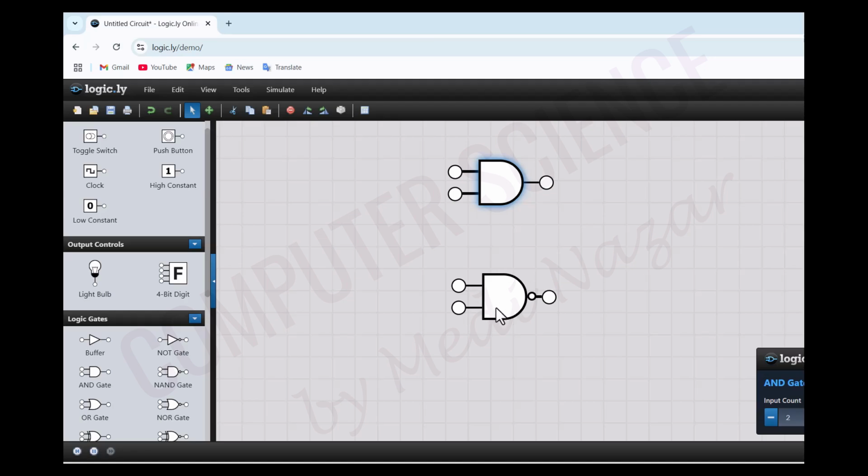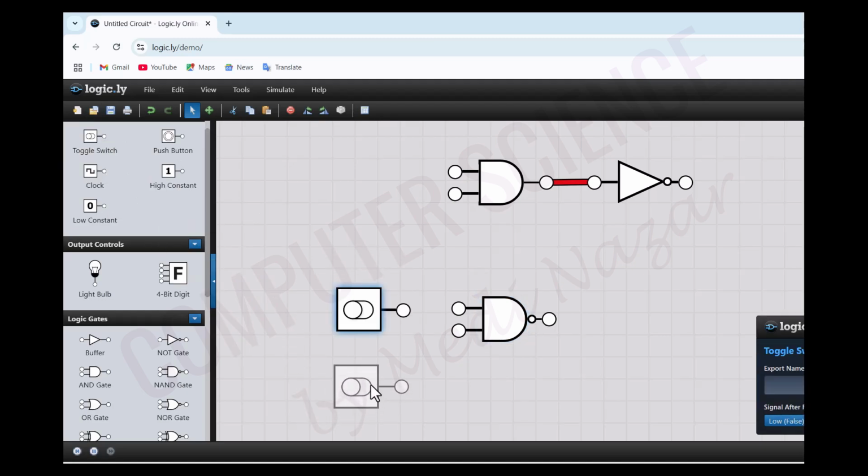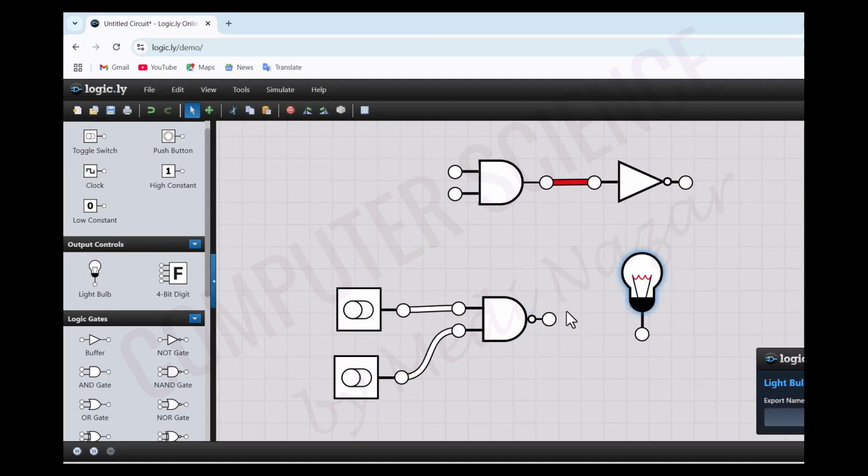And this NAND gate is equivalent to this combination, an AND gate followed by a NOT gate. So it means that whatever the output of an AND gate here will be inverted by this inverter, or the output of this NOT gate is just the opposite of the output of this AND gate. Right? Let's show how this NAND gate works by connecting these toggle switches and a light bulb on the output